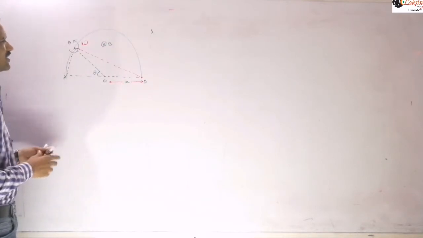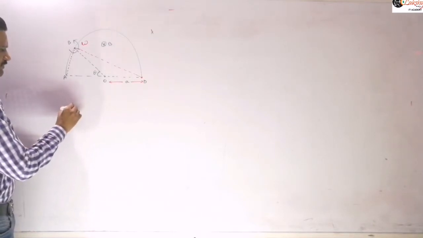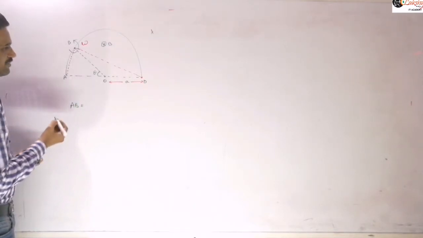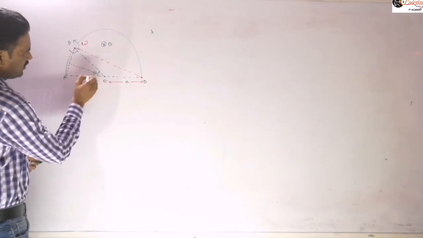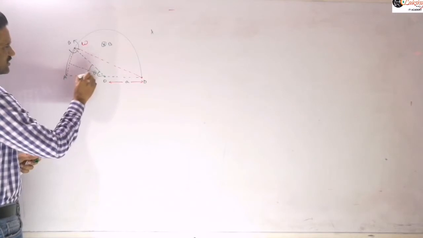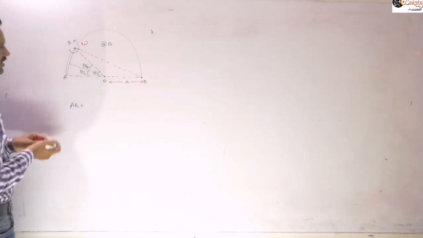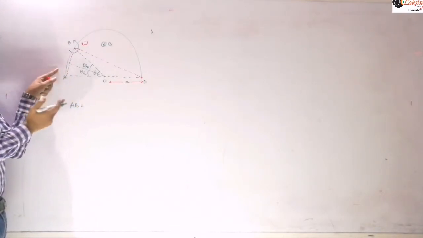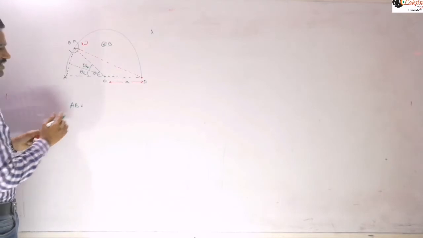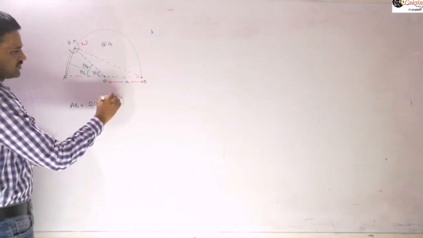So I am taking first of all the AB length. Now I can write AB by resolving this into components like this. You can draw this normal, so that this angle converts into theta by 2 and theta by 2. So this side is A sine theta by 2, and the total is 2A sine theta by 2. So AB is 2A sine theta by 2.